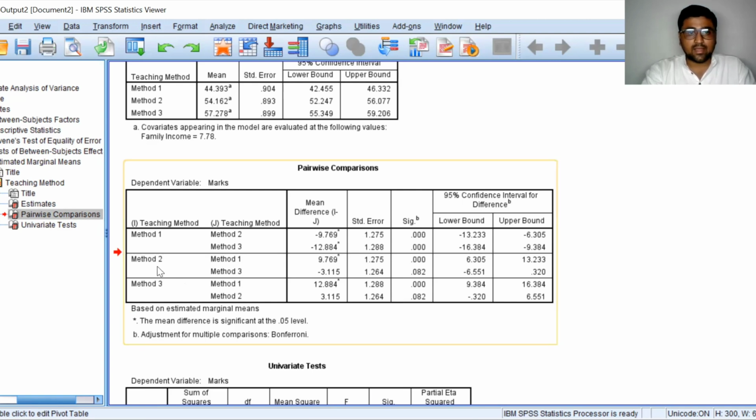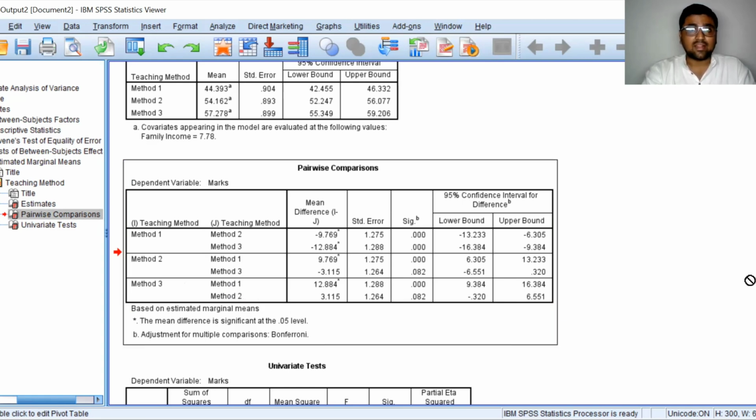Now let's compare method 2 and method 3. So you can see the SIG value is 0.082, which means that method 2 and method 3 are not statistically significantly different. So here we can identify that teaching method 1 is significantly different from method 2 and method 3 in terms of its effectiveness.